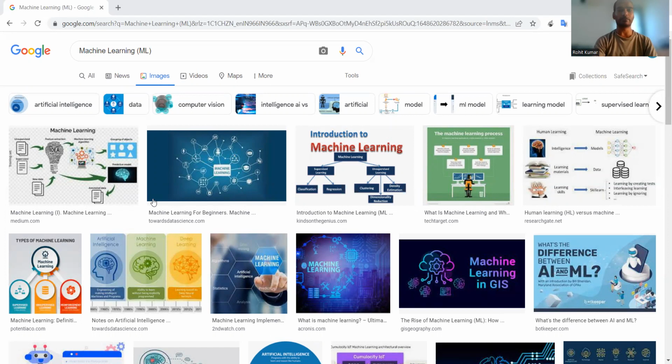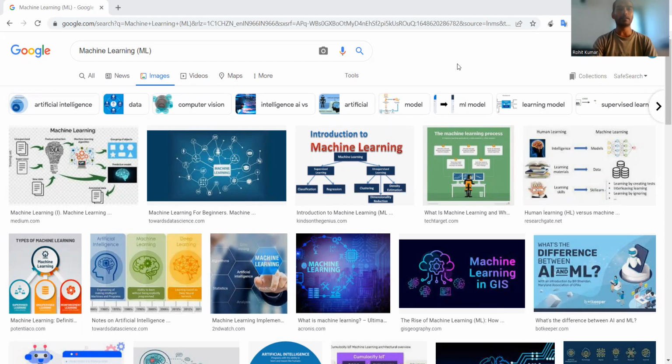AI includes a lot more different tools and techniques, and there are so many different technologies assisting towards the active development of AI. But ML specifically talks about some native algorithms which are designed for the specific machine learning purpose, and some of those algorithms are also used in deep learning. But the deep learning functioning mechanism and requirements are quite different, because machine learning can work with a smaller amount of data and fewer features, but to have better accuracy in deep learning you need a very big data set and a lot more features.